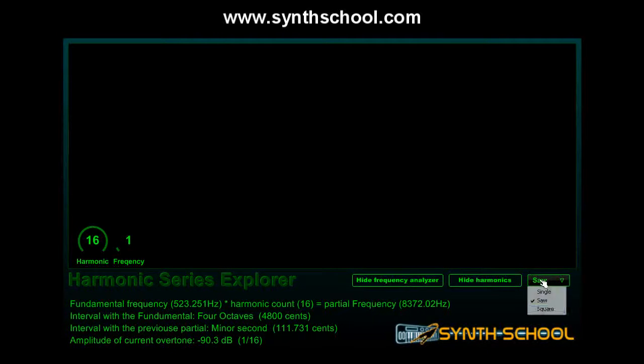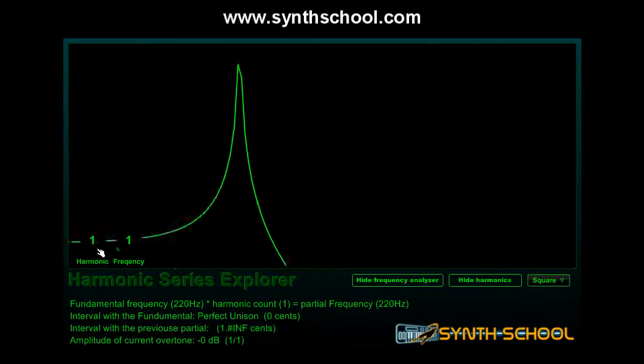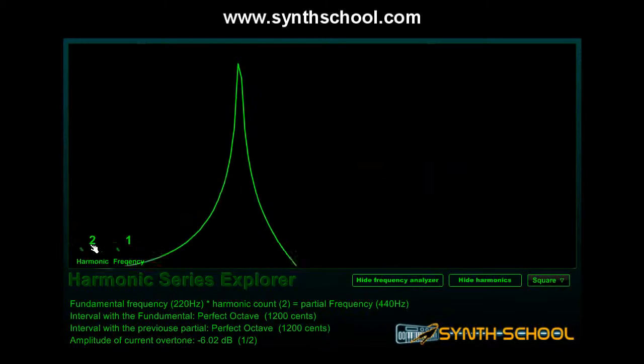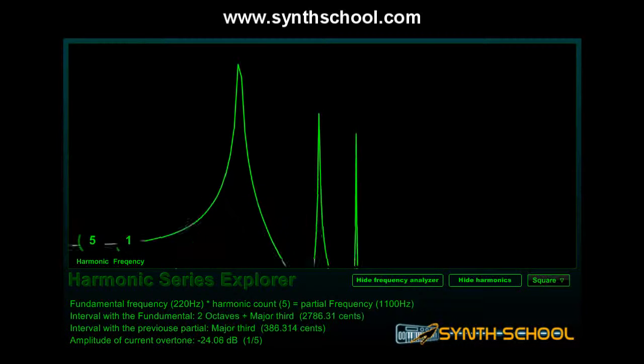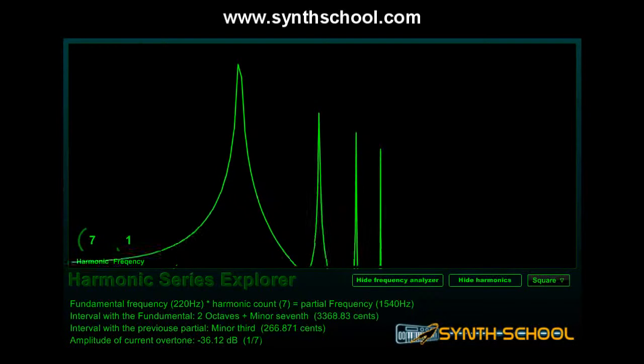Let's look at our square wave. The first one, second one we skip, third, 5th, 7th,